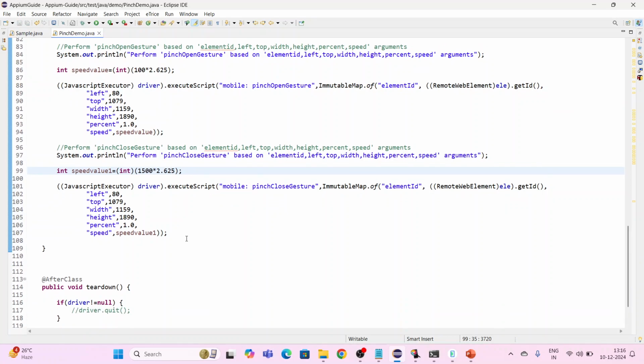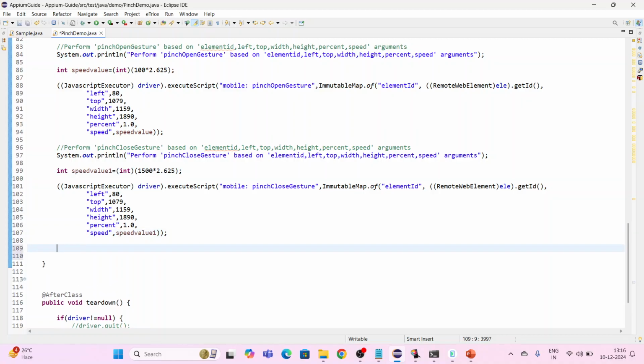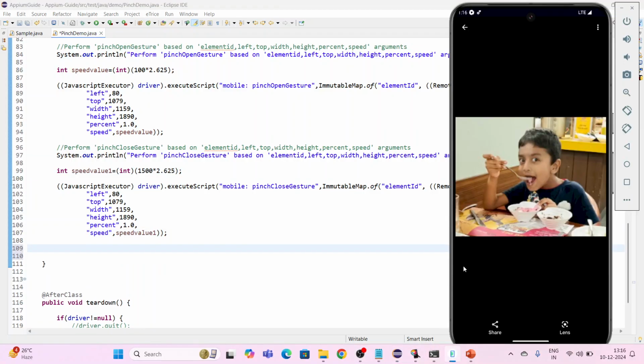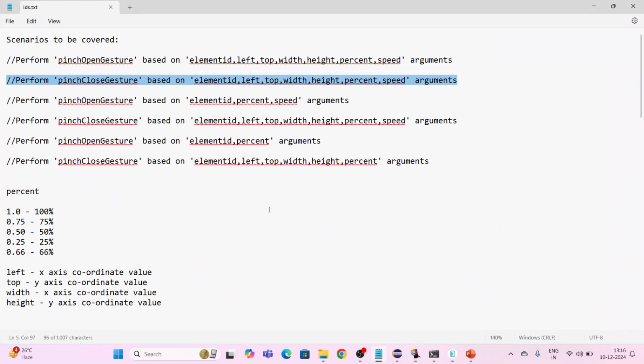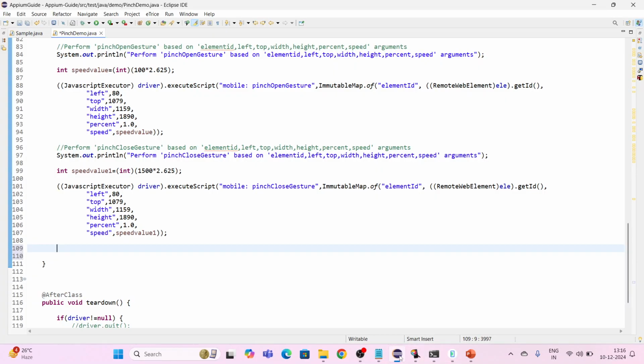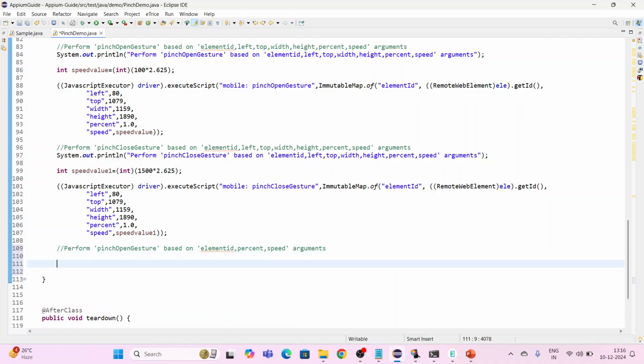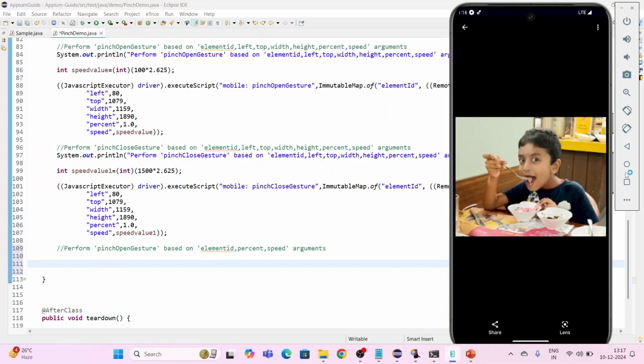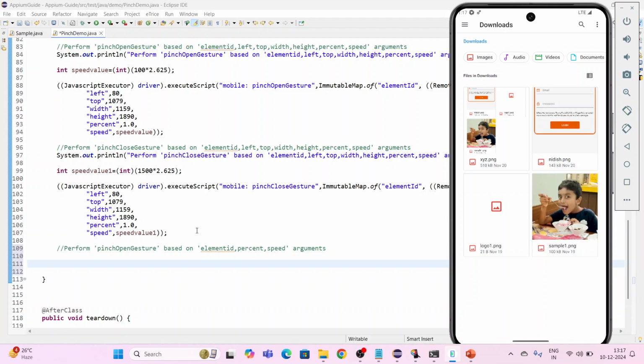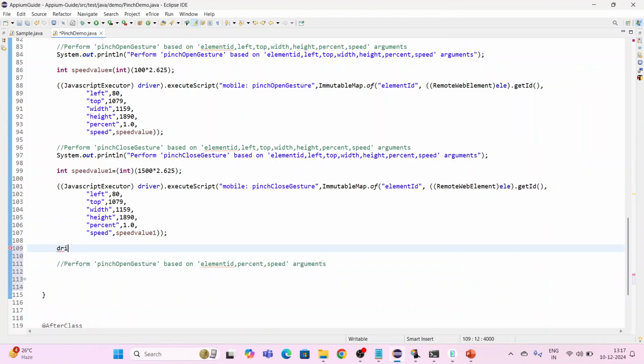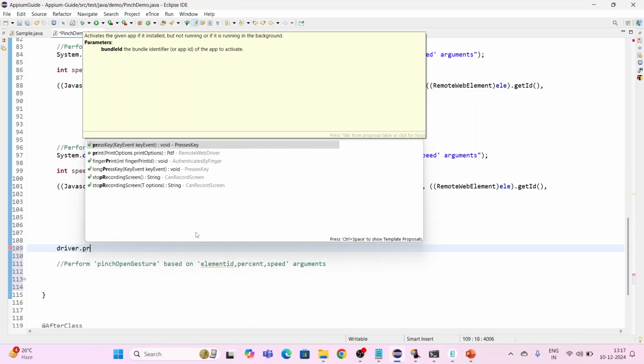This is my second scenario, and my third scenario is based only on element ID, percentage and speed. I come back here, and here I am using the other element to differentiate it, right? Go back here. So I write code to go back. Quickly I write driver dot press key,